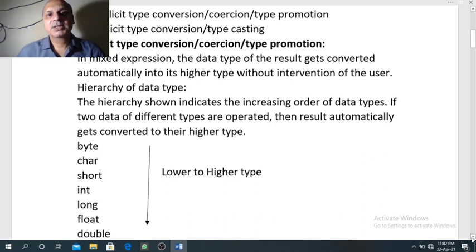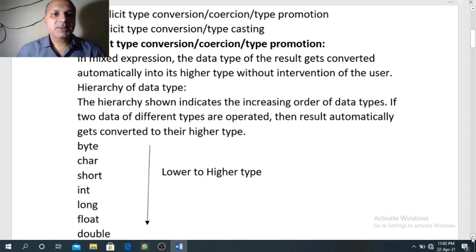In a pure expression, all the values or variables belong to the same data type, and in a mixed expression, we may have values or variables that belong to more than one data type. Now, this type conversion occurs when we deal with mixed expression.